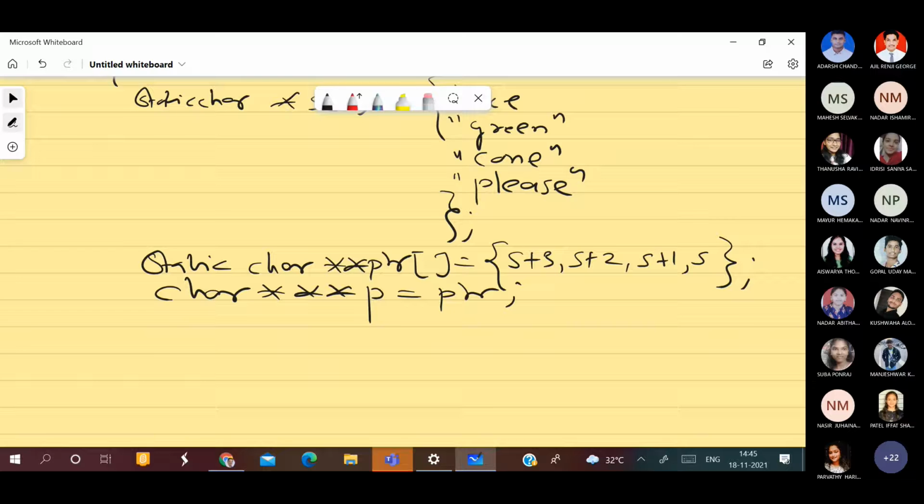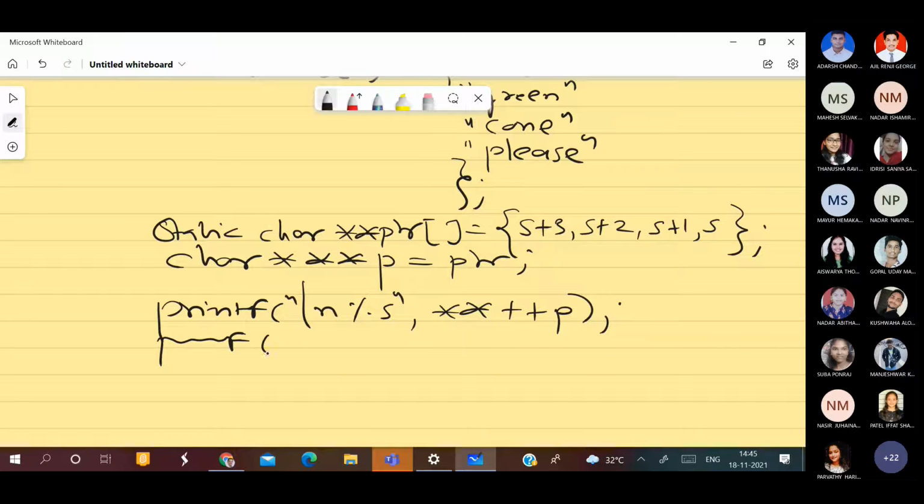Next is printf, /n %s, comma, star plus p. I have to give this output.